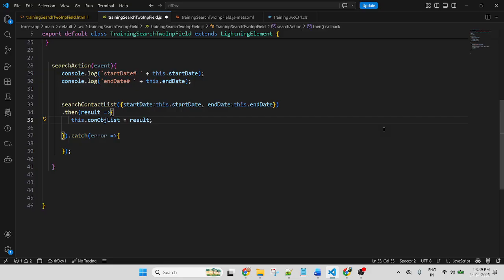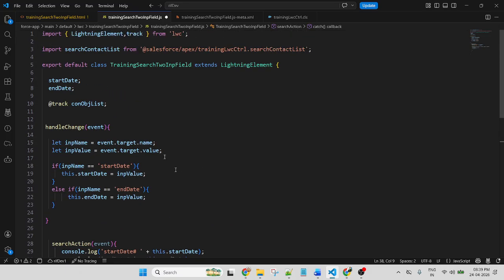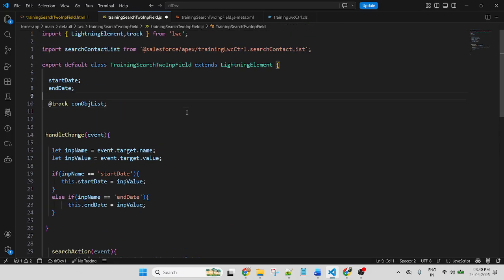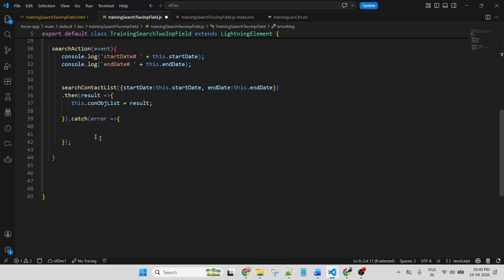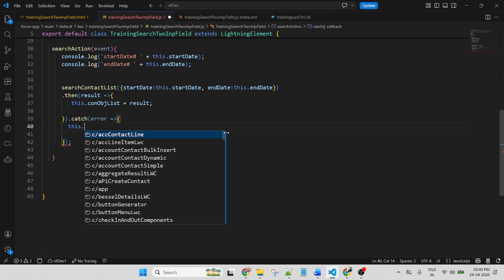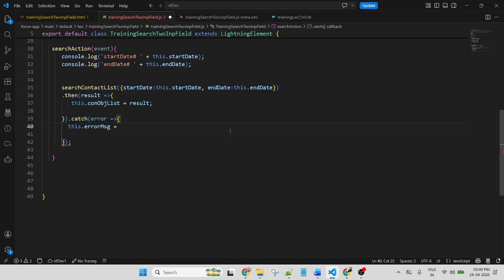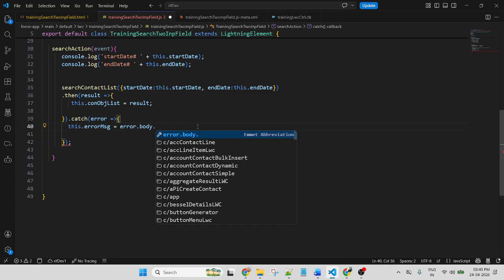Okay. And in the catch part, use another variable. Let's suppose errorMessage. This is a variable. So if any kind of error occurs during fetching data, it will be stored here. This dot errorMessage equal to error dot body dot message.